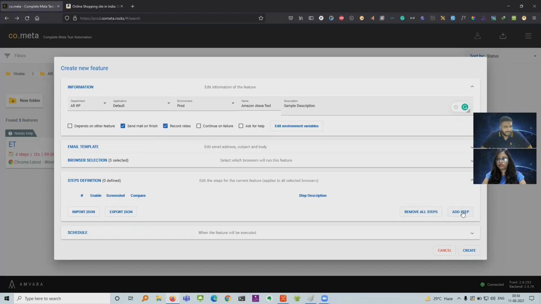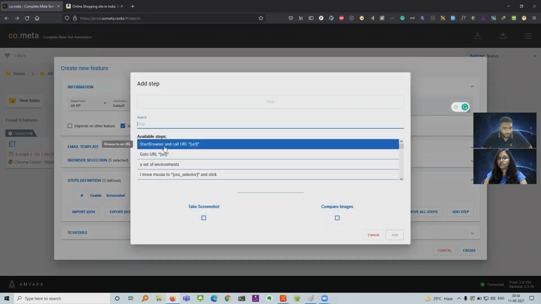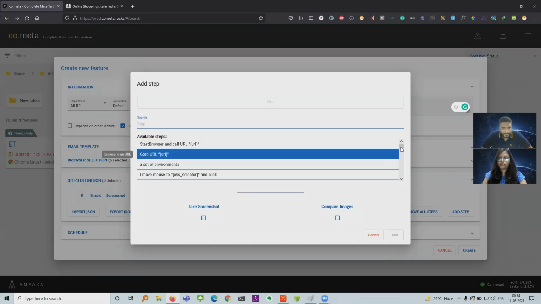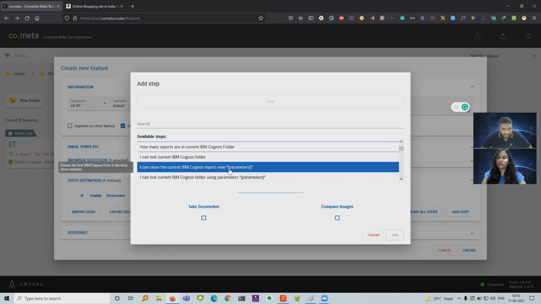you can add the steps, and there is a facility to add an empty step as well as from the template. So as I'm a beginner on this tool, I'll use from a template, and let's see what templates they give. So if you see, there is an option of available steps which you can directly use, and you just have to update these values in the brackets.